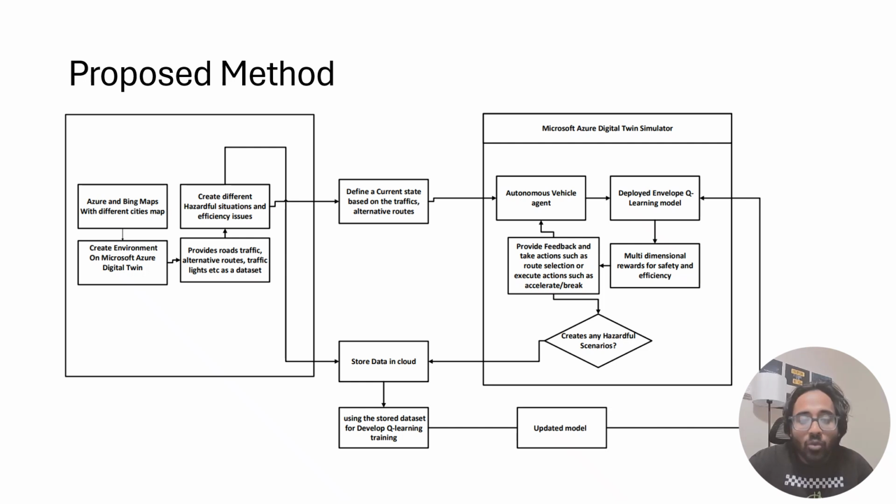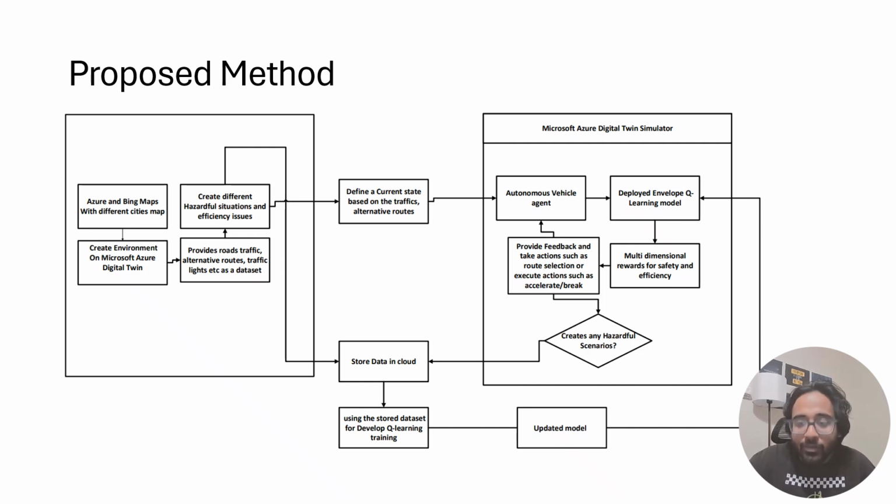From these parameters, we'll create different hazardous situations and efficiency issues, which will be stored in the Microsoft Azure cloud, and from here we will define a current state. When we find the data in the cloud, we can retrieve it and train the model through the envelope Q-learning model,